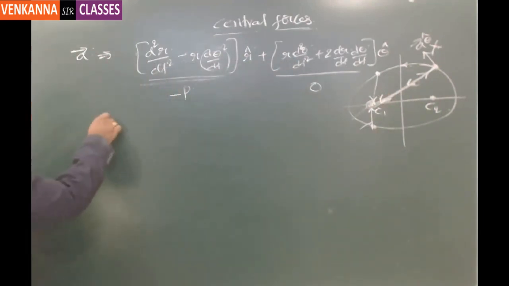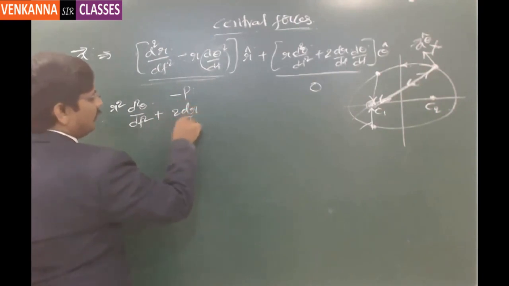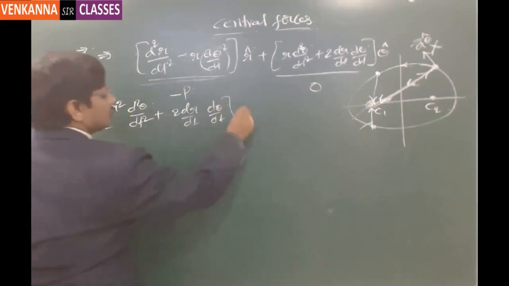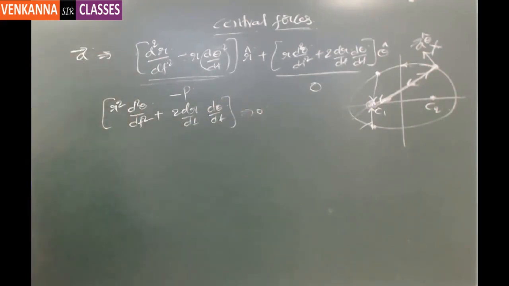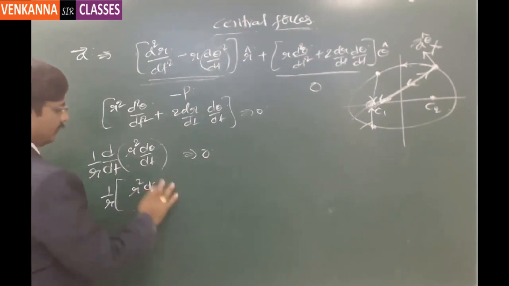So from this relation, r square d square theta by dt square plus 2 times dr by dt into d theta by dt, this value being 0, can be expressed as r square d theta by dt, d by dt of. Now if you expand this derivative and multiply by 1 by r, so 1 by r times of r square into d square theta by dt square